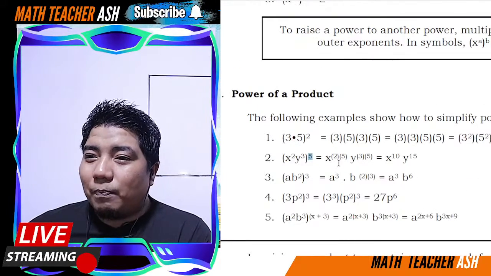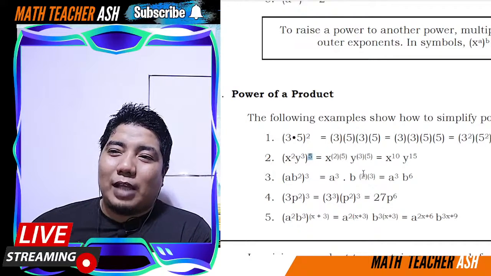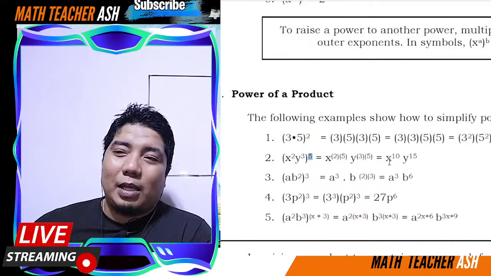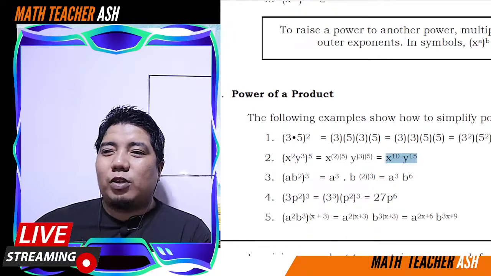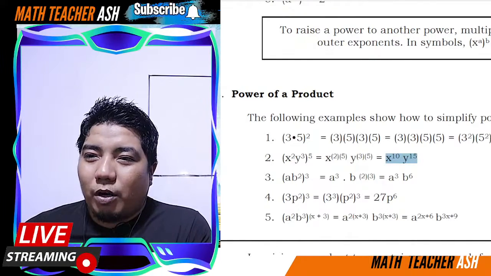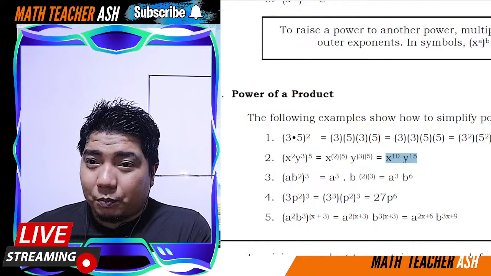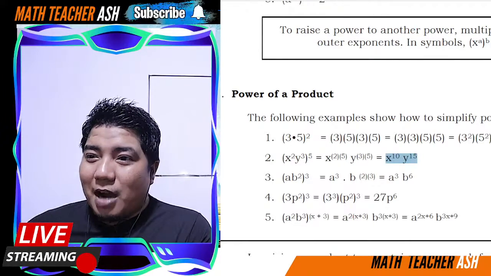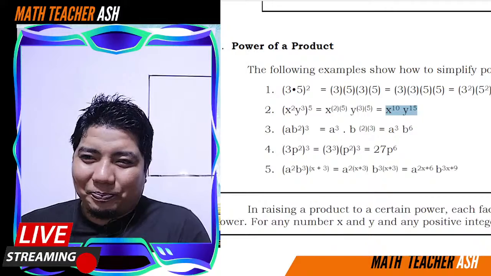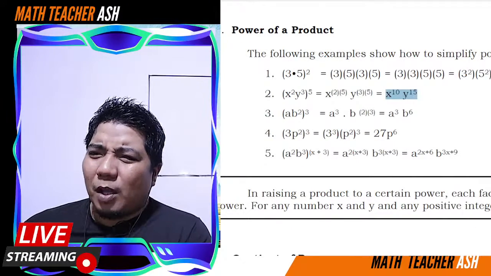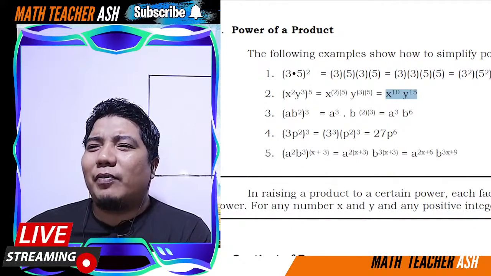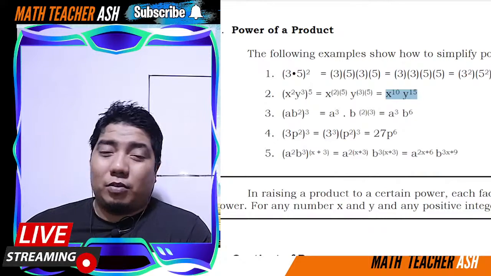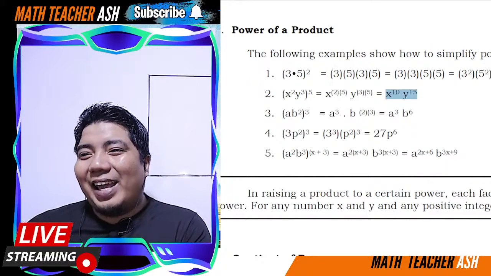So giving you x to the power of 2 times 5 and y to the power of 3 times 5, giving you a final answer of x to the power of 10, y to the power of 15. Okay, ganun lang po kadali, my dear math learners. Going to the third example, we have a to the power of 1, or ab squared